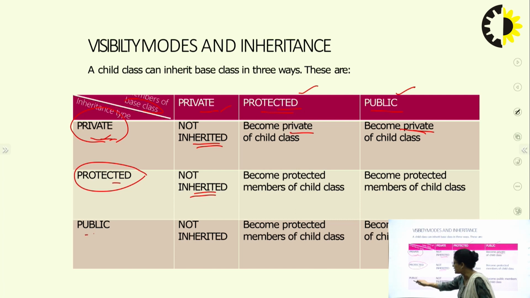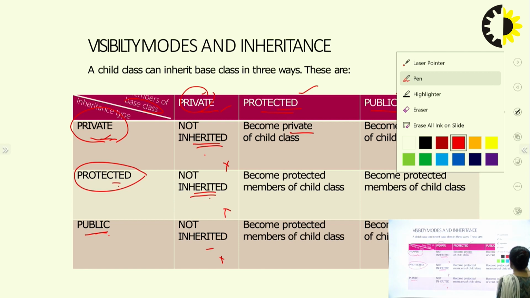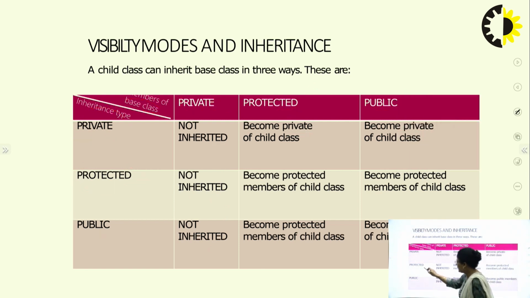So we can also summarize it like this. If the inheritance is private, the private members of the base class are never inherited. It is never inherited. This is a point that we need to remember. And if the inheritance is protected,